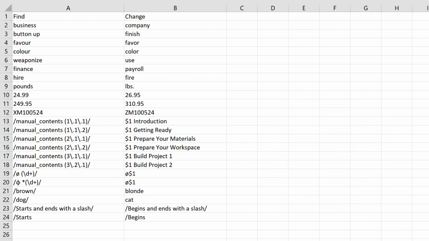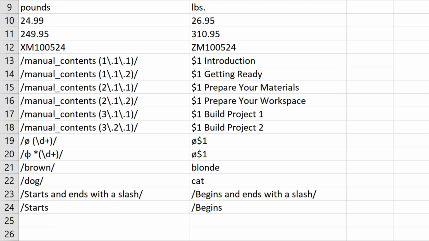In each row, the values for Find and Change can be either text or a regular expression, also known as grep. Rows may differ even, some text, some regular expressions. So there has to be a way to tell the script the text to match is a regular expression. I chose to wrap regular expressions in forward slashes, like it's done in JavaScript. So for grep, in the Find column, start with a slash, then the regular expression, and end with a slash.